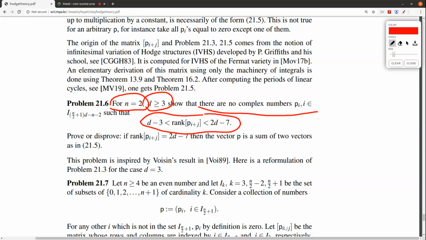So the issue of the rank of this matrix has some gaps. It cannot admit any number bigger than this d minus 3. So there is no P_I with this rank. In the next lecture I will talk about this relation with the Noether-Lefschetz loci. But Noether-Lefschetz locus is just the Hodge locus in the case of n equal to 2. And well, if you want